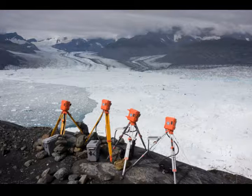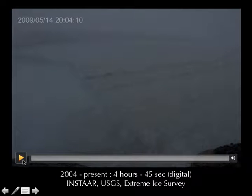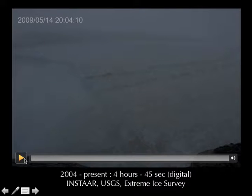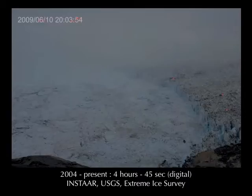Finally, up to the digital age, the coverage gets quite good, and starting in 2007, it's actually been so far, thankfully, continuous. Here's an example of that, maybe. And overlaid are some velocity vectors. I've not formalized that, but I'm always tinkering on eventually getting some sort of consistent velocity product for the whole time-lapse record. Can't really see them very well, but